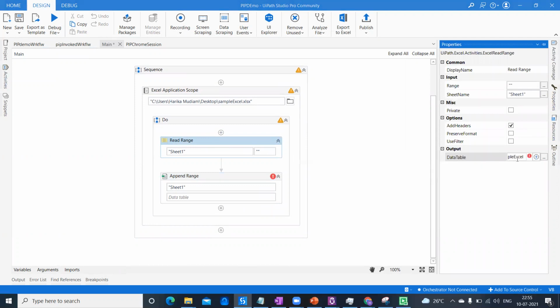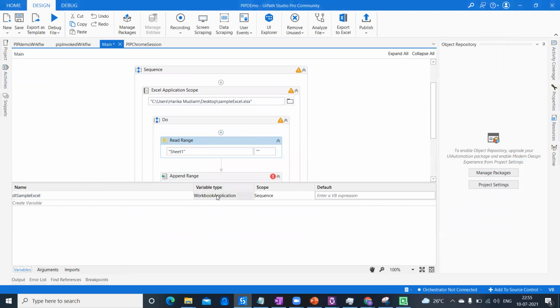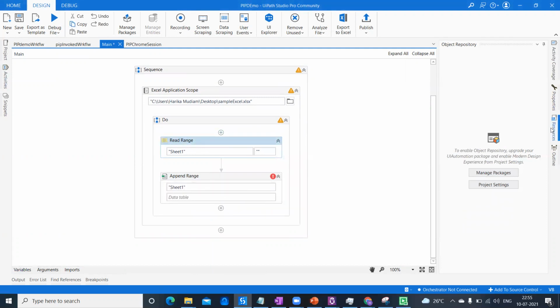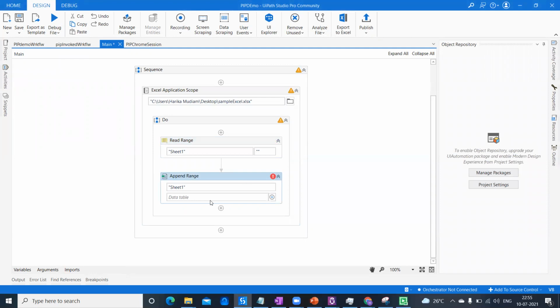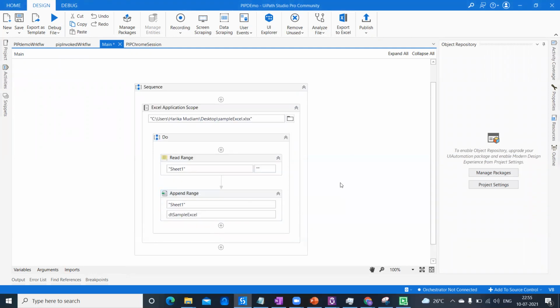I think I already have a data table, or let me change the variable type to data table. So I am taking the value into a data table and then appending it into my existing workflow.